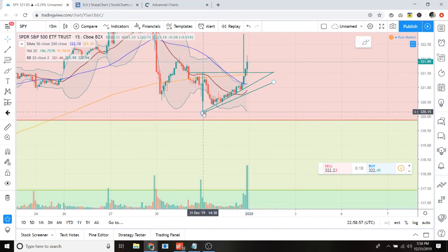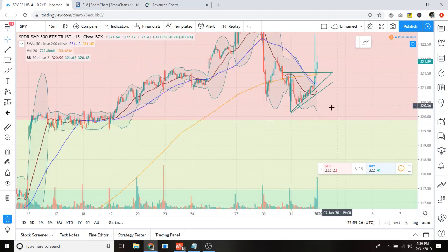So now if you bought the 320 call options that expired today, December 31st, you could have bought them at 9:31 a.m. this morning for 77 cents. You could have closed for $2.30. That is a 198% return based off of my analysis that I showed yesterday, showing that the 23.6% Fibonacci retracement